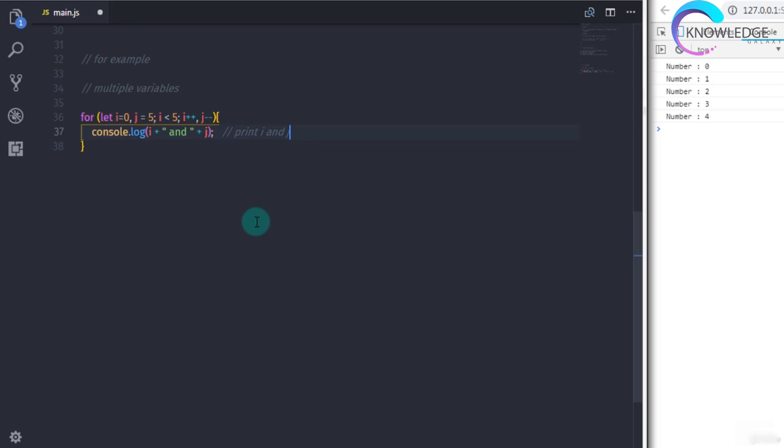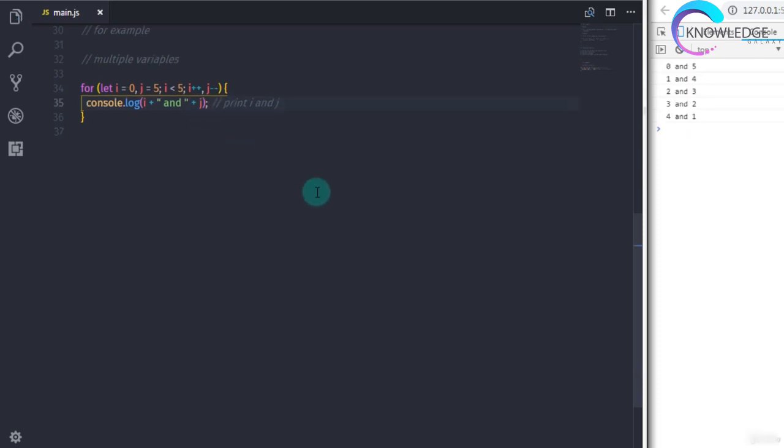You can also see we use the increment and decrement operators on the i and j variables. So when you execute this code, you will get the numbers 0 to 4 as the value of the i variable and 5 to 1 as the value of the j variable on the console. So we increased the value of the variable i and decreased the value of the variable j, right?